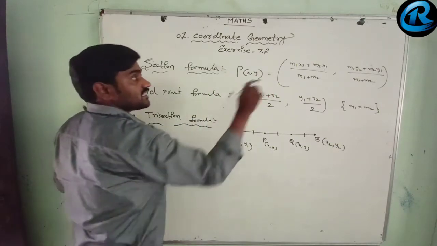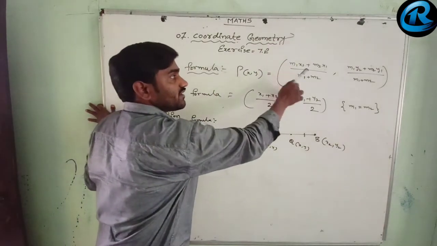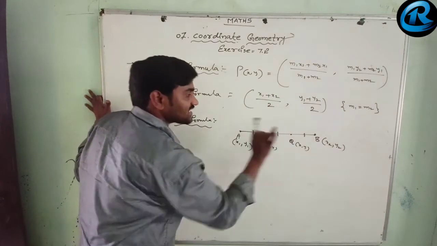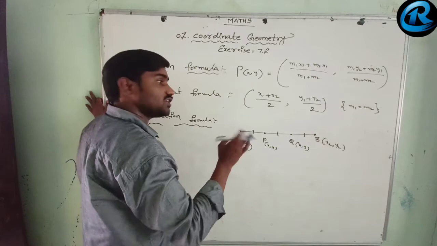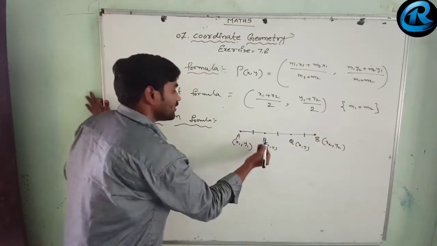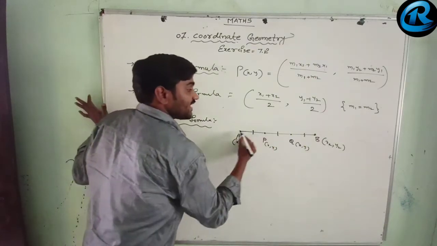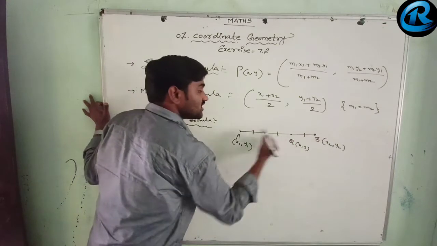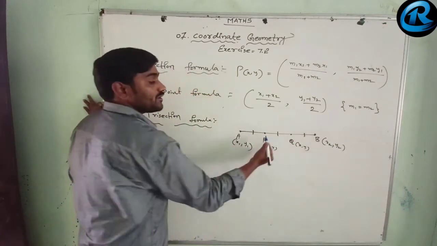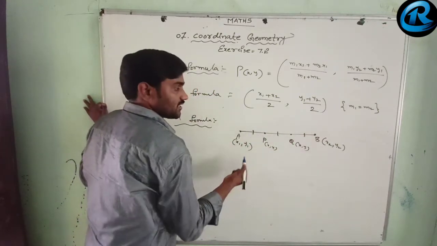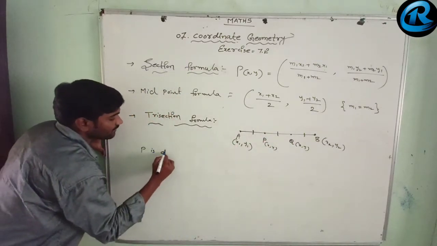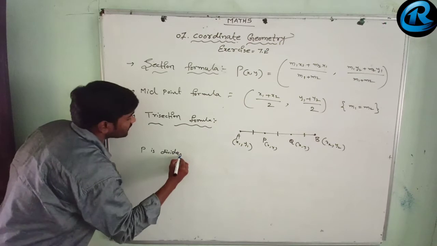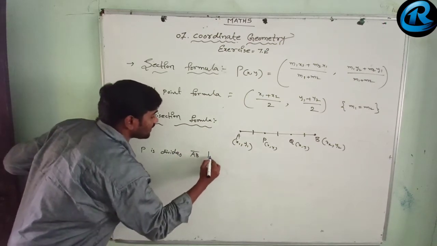But see, in the section formula they will give you the ratio, the m1 value and m2 value. But here in trisection, if the question is on trisection, they will not give you the ratio. We need to find the ratio. How? Let me tell you. Now P is dividing this AB line segment and also Q is dividing this AB line segment. P and Q are trisecting this AB line segment. So here P divides the AB line segment